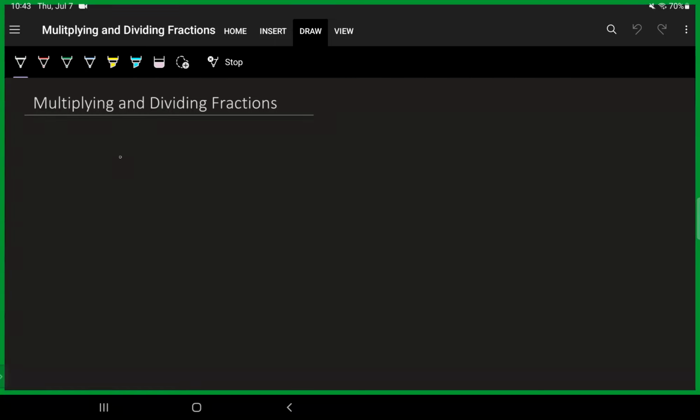Multiplying fractions conceptually is pretty straightforward. If I'm multiplying a over b times c over d, I'm going to multiply straight across. I'm going to get the numerators a times c and denominators b times d. And of course, we're going to need to simplify. Simplification can happen while you're multiplying, or it can happen after. That's really up to you. Most people do a mix of things. They might see something that could simplify right away at the beginning of the problem, and then at the end they realize they need to go a little bit further. But really, it's up to you.